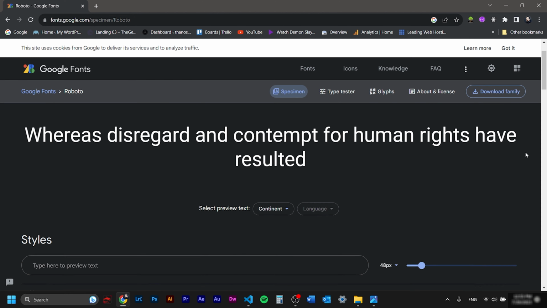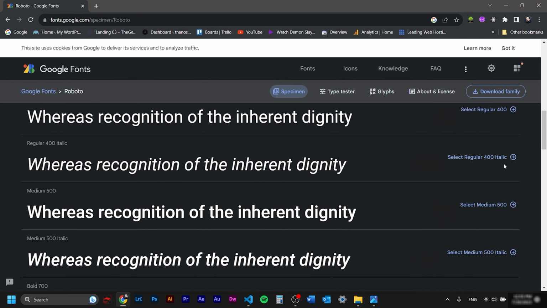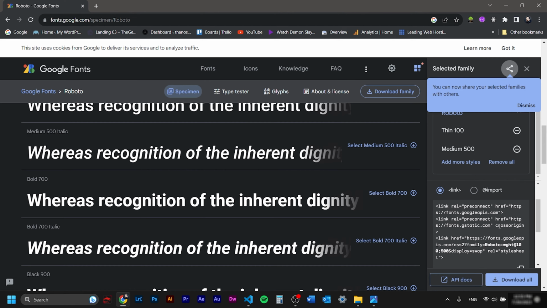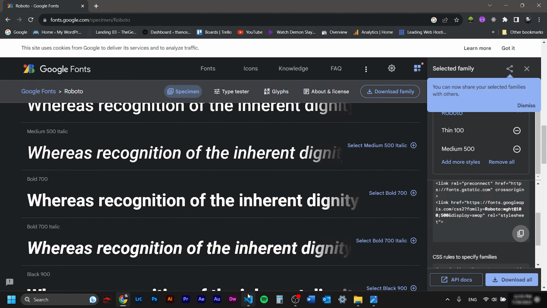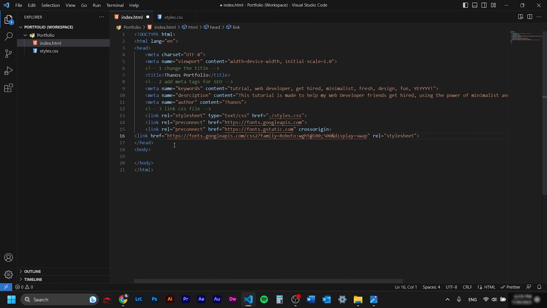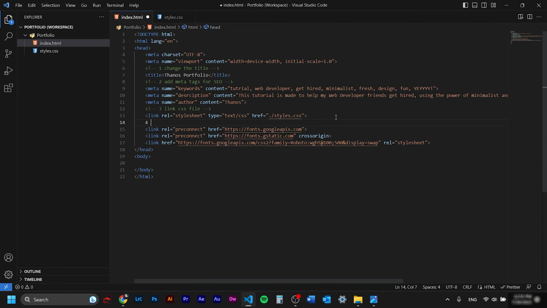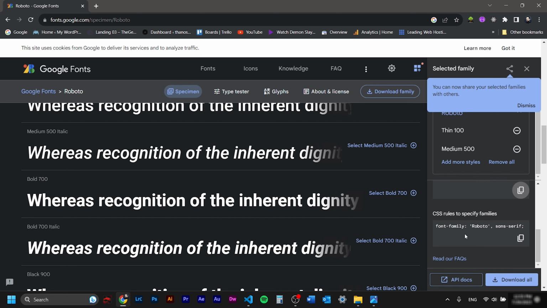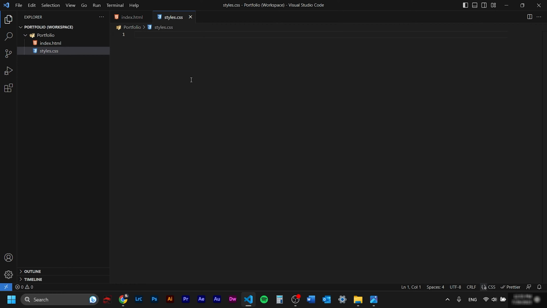So I click the Roboto here and I add 100 and 500. And if we click this little button over here, we're gonna see that they prepared all the code for us. This is the HTML links, so let's copy the code and go right down here to paste it. It's better to press tab on these two lines so they go with the flow and we have a better structure. And of course don't forget to add the fourth comment, which is going to be link Google Fonts. Control S to put a save. And because we still have this one open, let's go on and copy the CSS code also, and we are going to paste it right here and turn it into a comment at the moment. We're gonna use it very soon.